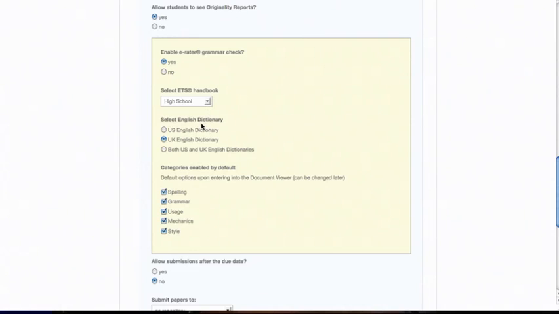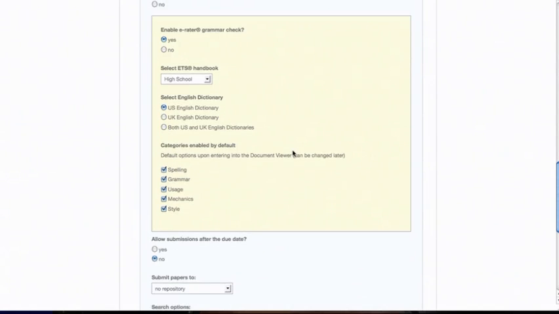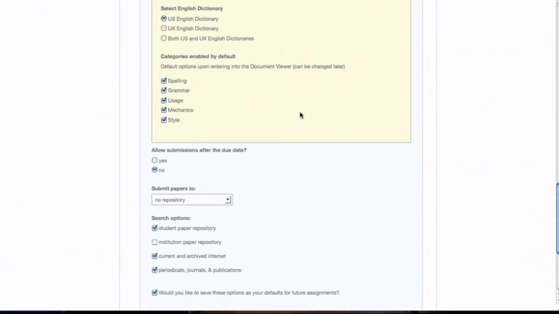You can choose an English dictionary. I have this one set to UK for some reason. It'll actually default to US for most people, or both US and UK. That will determine what spelling mistakes are highlighted. And you can actually turn on or off different categories of marks that you want to see on the paper. I recommend leaving them all on at least at first so you can see what kinds of marks come back,